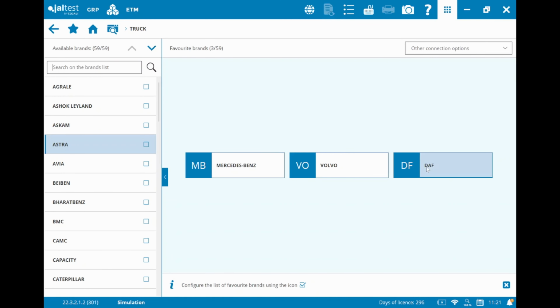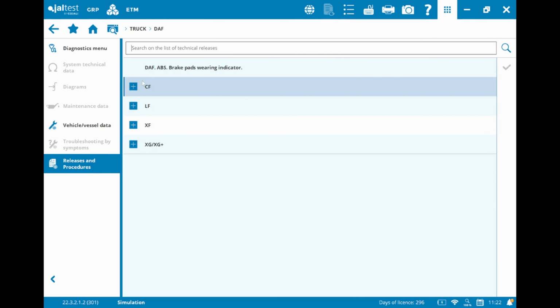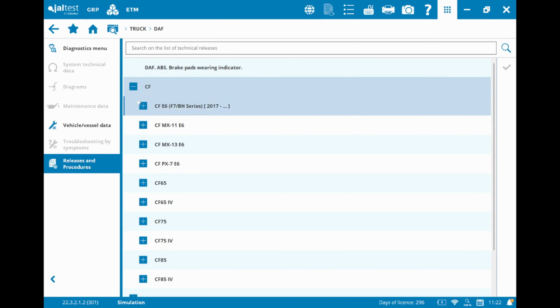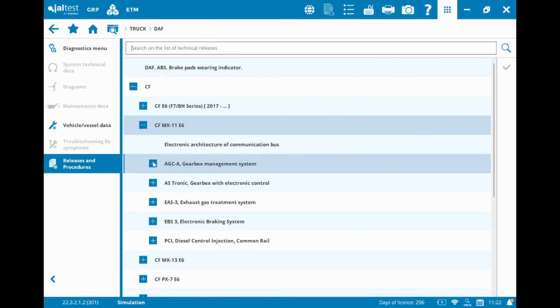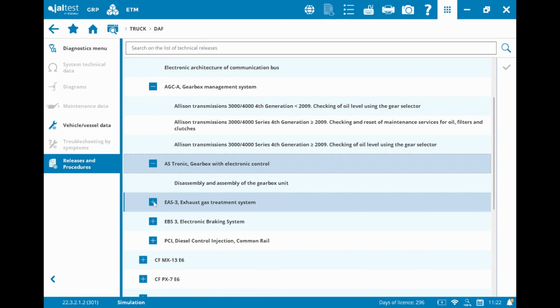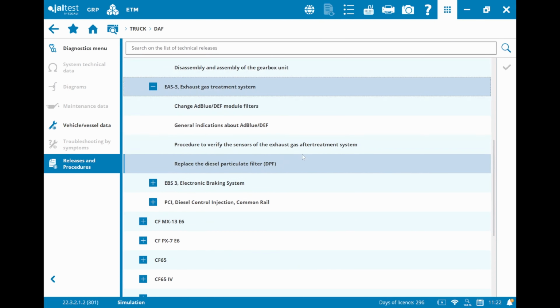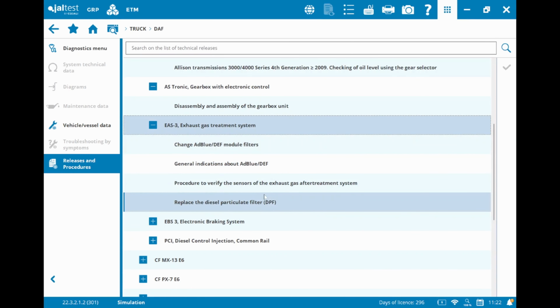And releases and procedures, I think we were going to cover quickly, just in case you wanted to pull those up manually. I know you pulled up a specific example linked to a fault code a second ago, but if you want to choose a different manufacturer now, so releases and procedures. There we are. So model ranges. Let's go for something at the top. There you go. So here we go, in different categories. Different points again. As we said, it is linked to other parts of the software, but sometimes